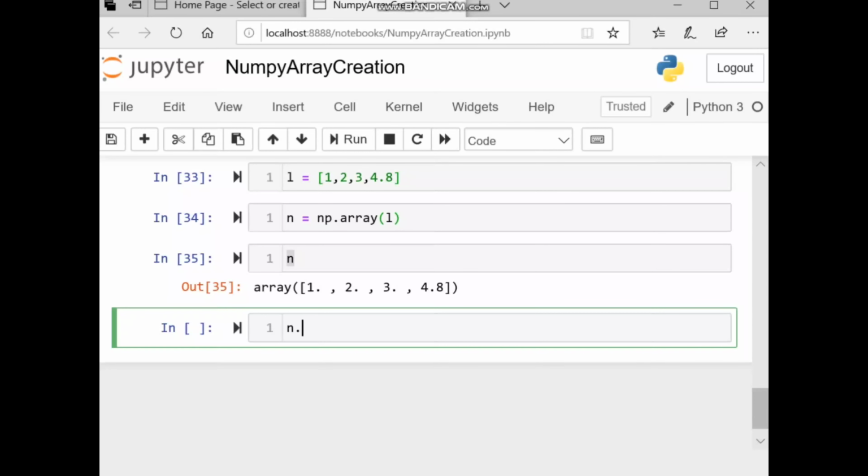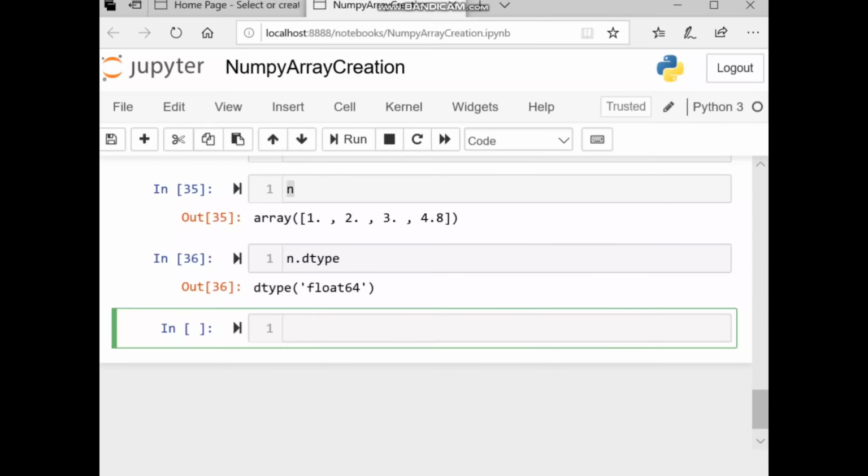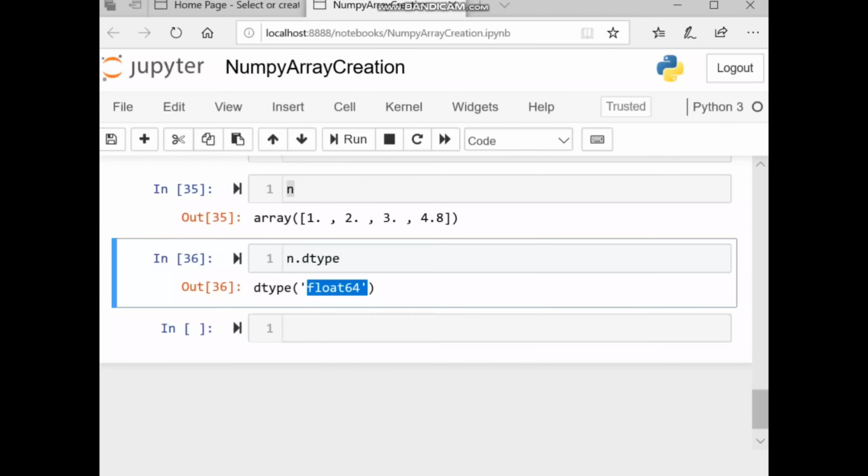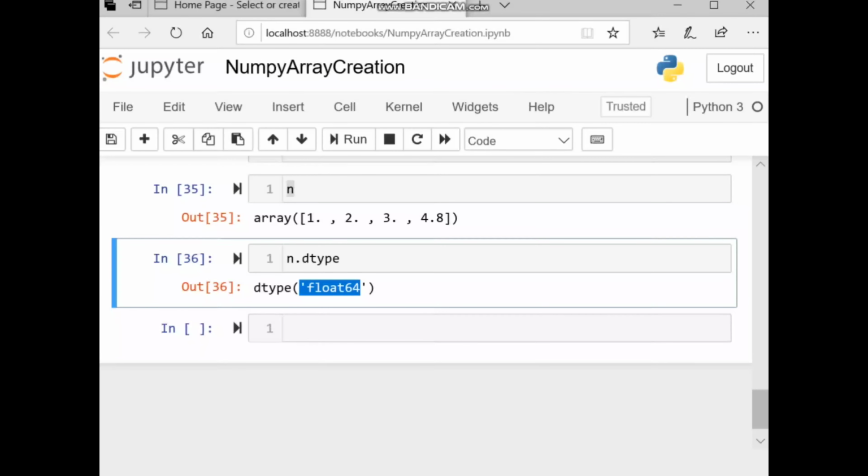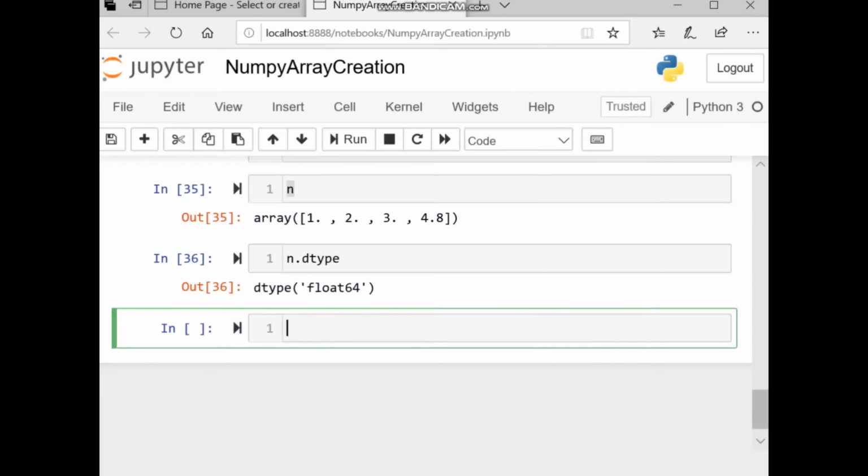See this, n.dtype. We have a function called dtype. With the help of this we can check the type of the array. Okay, so now we hit shift enter. See this, float. So it internally changed the data to float. See this, the type of the array is float, so 1.0, 2.0, 3.0, and 4.8.